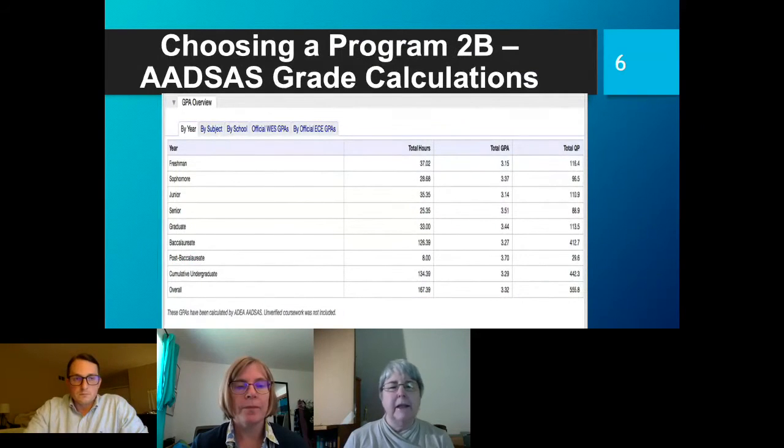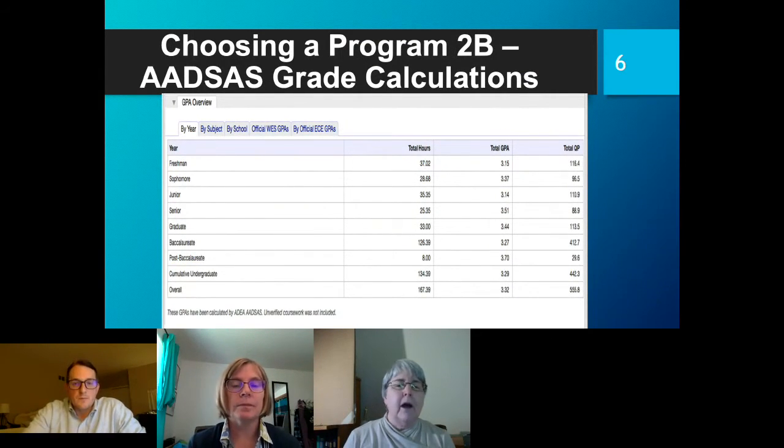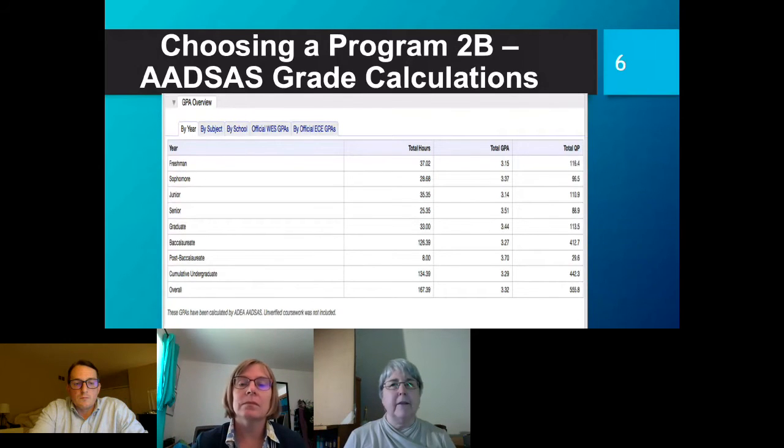Next slide. And so we have a dental application here of an actual applicant from a few years ago. You can see that there's freshman, sophomore, junior, senior. They essentially give you, in this screenshot, total hours. You could do by subject, but with the liaison CAS, that's going to give you biology, chemistry, physics. It's going to give you science, but not the breakdown that you're seeing here as readily as